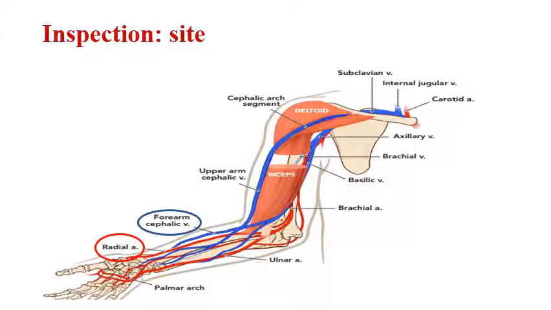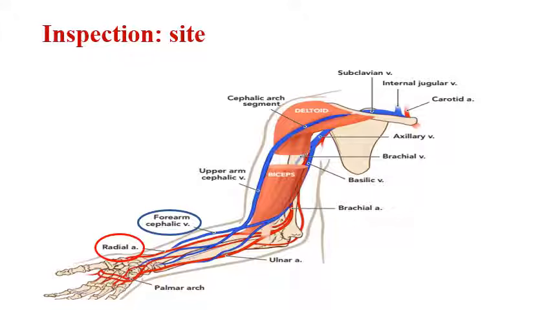You should know that the AV fistula is a connection made between the artery and the vein to cause arterialization of the vein. So you can have a vein with a strong wall, so you can connect the needles of dialysis each session. Why don't we connect to the vein directly? Because the vein has a weak wall, which may also cause rupture and inflammation of the vein, so after some sessions there will be no veins to connect.